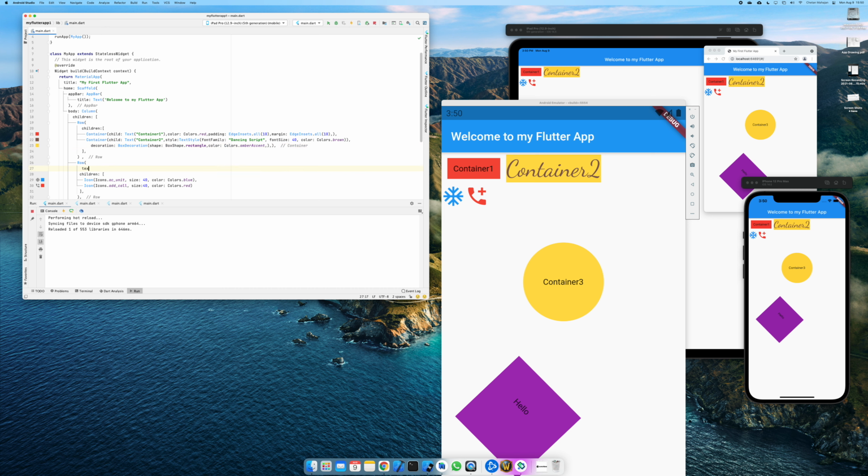So let's give it a text direction property. And we can define text direction as, by default it is left to right. So if we define it right to left, the first icon is your AC icon and the second icon is your call icon. So now I have made it right to left, and if I do a hot restart,